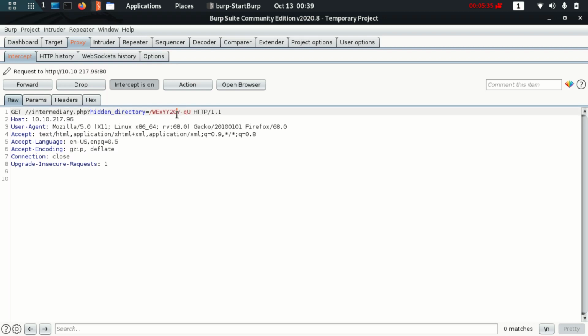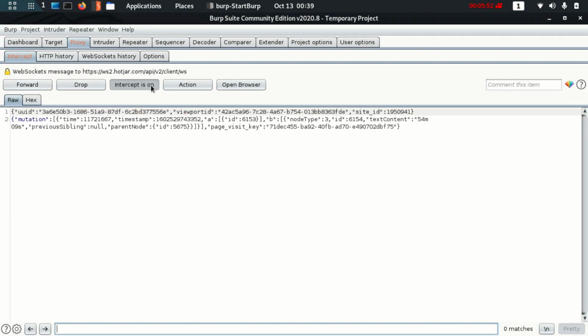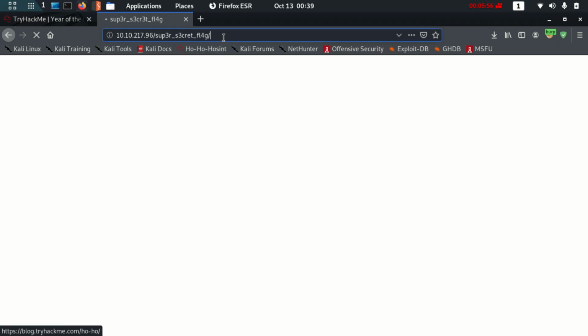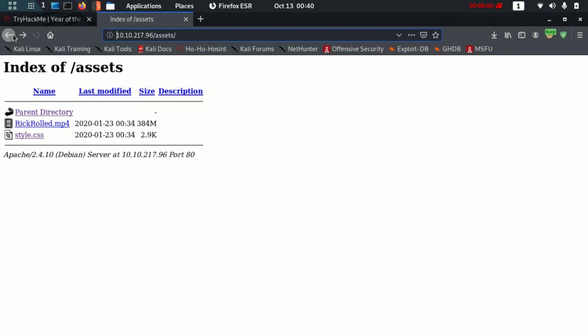I can clearly notice that if I copy this whole directory, it will again redirect me to that YouTube video as it was doing before. So I'm just going to copy this part of the directory, and then super secret flag, see, it again redirected me to the YouTube part.